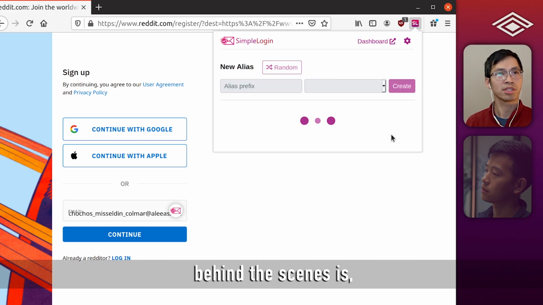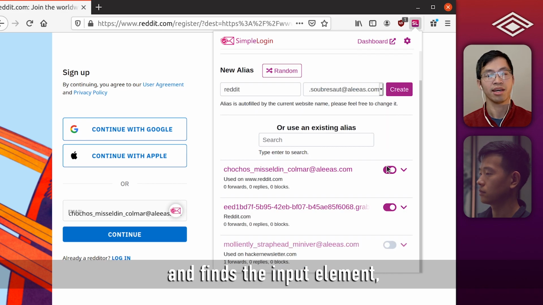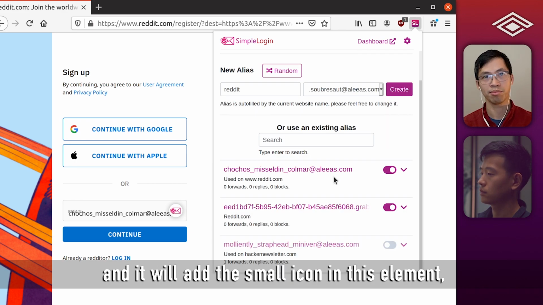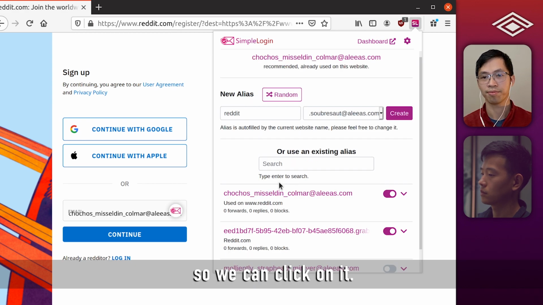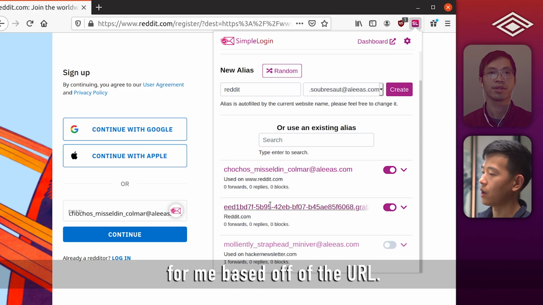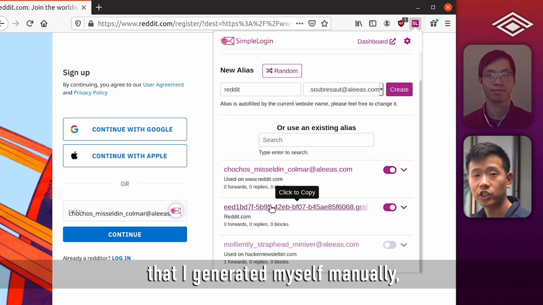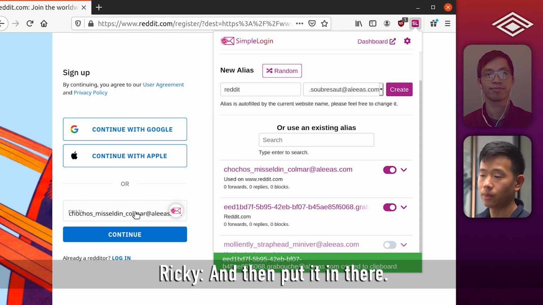What happens behind the scenes is SimpleLogin scans the website and finds the input element, and it will add the small icon in this element so we can click on it. So this generated a new email for me based off of the URL. If I wanted to use the one that I generated manually, I would have to open this, click to copy, and then put it in there.